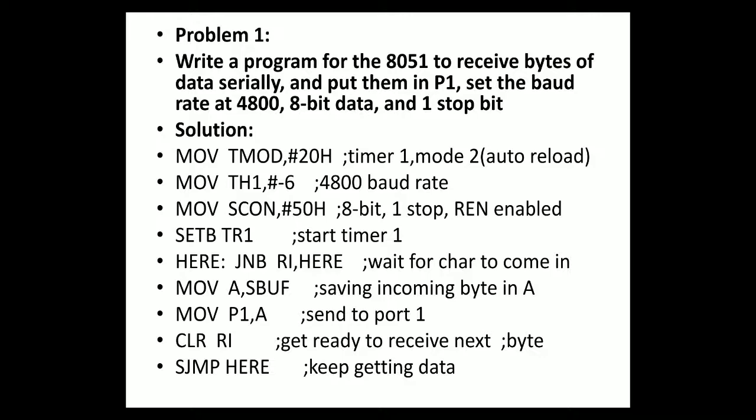How do we write the program for this? Step number 1, TMOD. MOV TMOD, #20H. Job number 1 is done. I need to set a baud rate of 4800. We have already done the calculation and we know how to load this. MOV TH1, #-6. Directly I have loaded the decimal number into this program. Third step, MOV SCON, #50H. You can observe for both programs, reception and transmission, we are doing the same lines. No difference at all. Am I right?